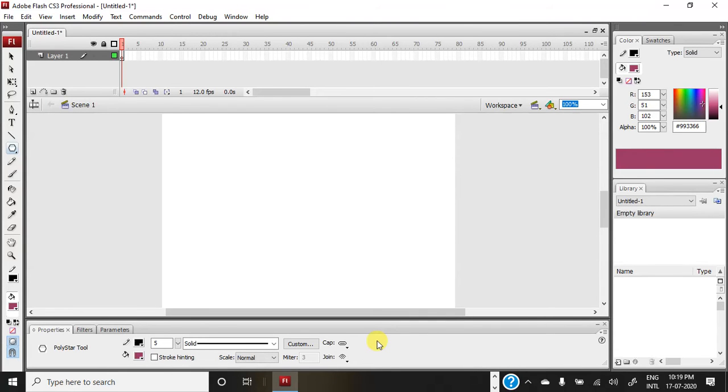Hello everybody. Today we will learn more about animation, and in this sequence I will teach you how to do shape tween. To perform the shape tween, first of all we have to draw a figure on this work